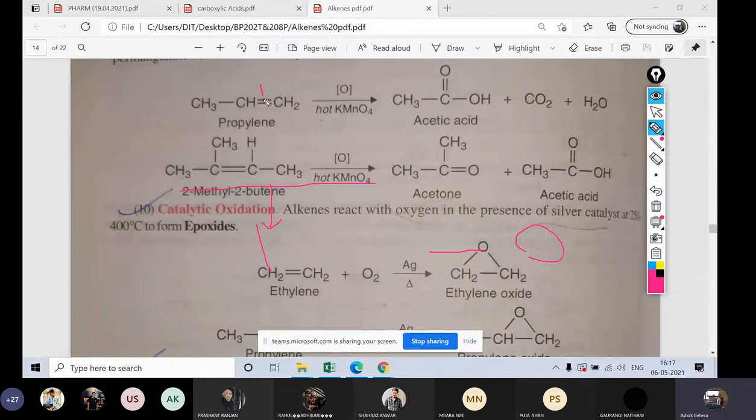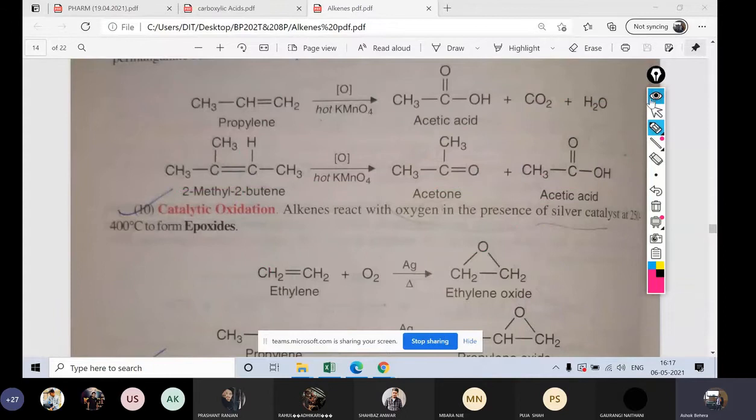You can see when the bond is going to break down, one is acetic acid, another is CHO or whatever kind of thing. You may write down CHO also, but basically it also breaks down again and carbon dioxide and water form. Okay, here you break down this. So what is there? One is acetone, another is your acetic acid. So please remember that one acid is forming in hot addition of KMnO4, right?